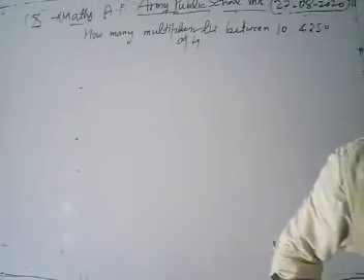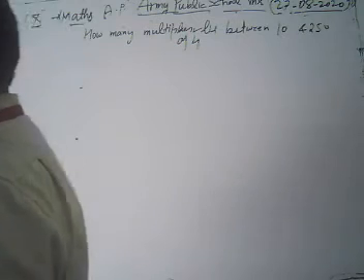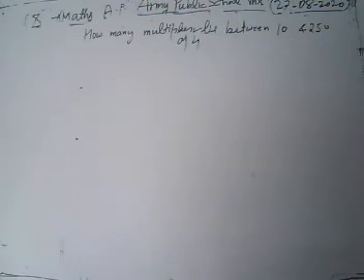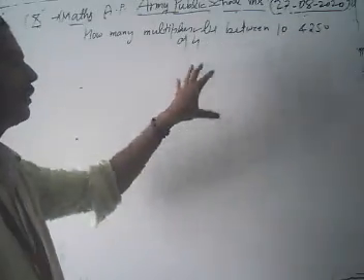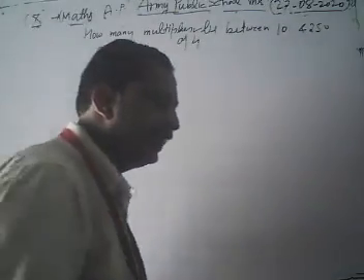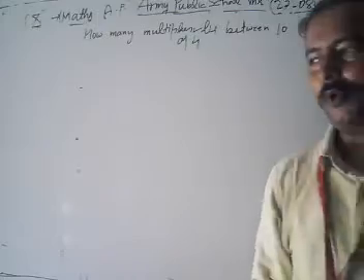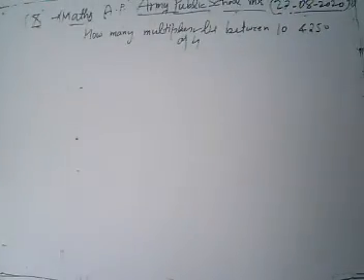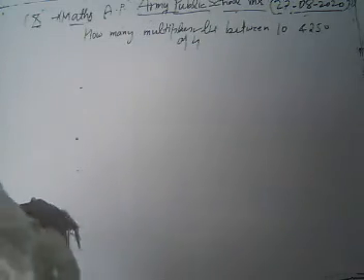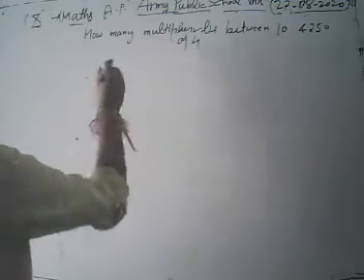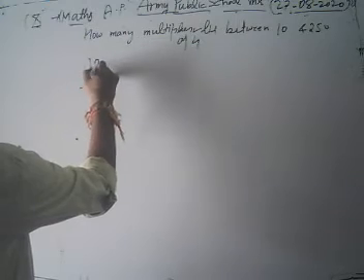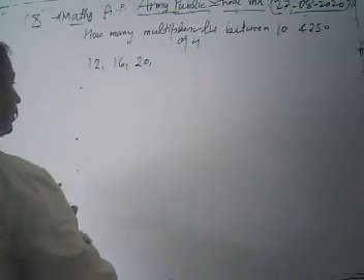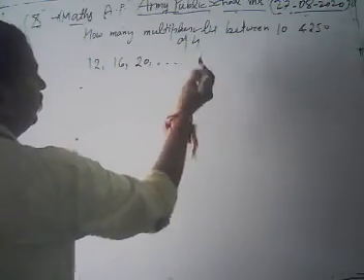Whenever we have to find out any multiples between given numbers, first of all we have to write down the series. Multiples of 4: 4, 8, 12. 4 and 8 are less than 10; we have to take numbers between 10 and 250, so numbers greater than 10. Then our first multiple of 4 is 12, then 16, 20, and in such a manner we go on.